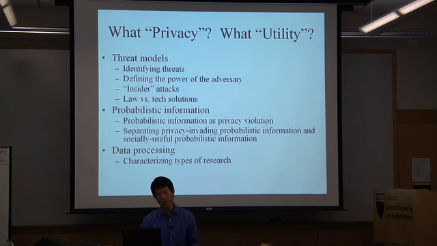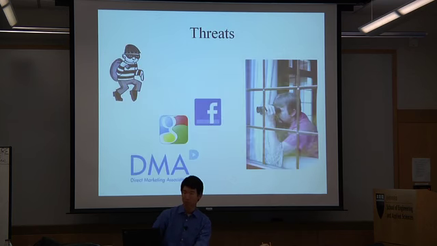And finally, we need to be thinking about the different kinds of research that we're trying to support given these kinds of data sets, and characterizing those that we can actually accomplish while still maintaining privacy, while distinguishing those that will take at least some other solution than a technical one in order to maintain the kind of privacy that we want. So first, identifying threats. In a lot of this discussion, it's easy to talk about the threat of data